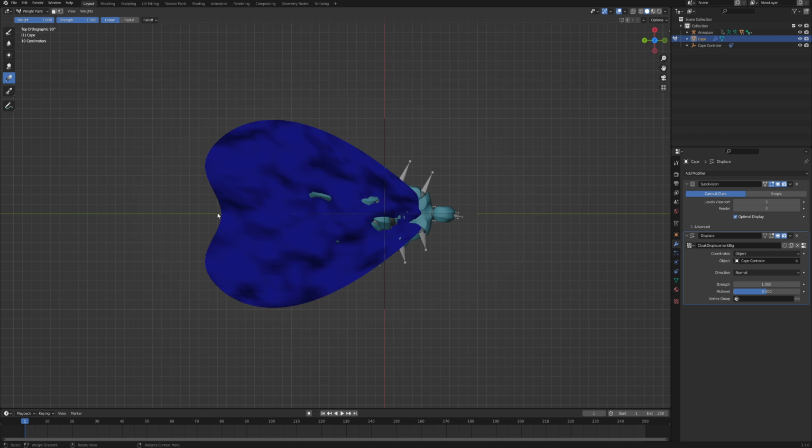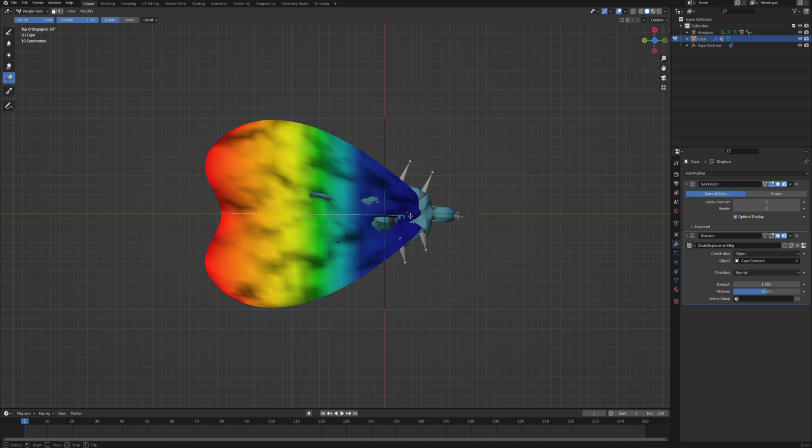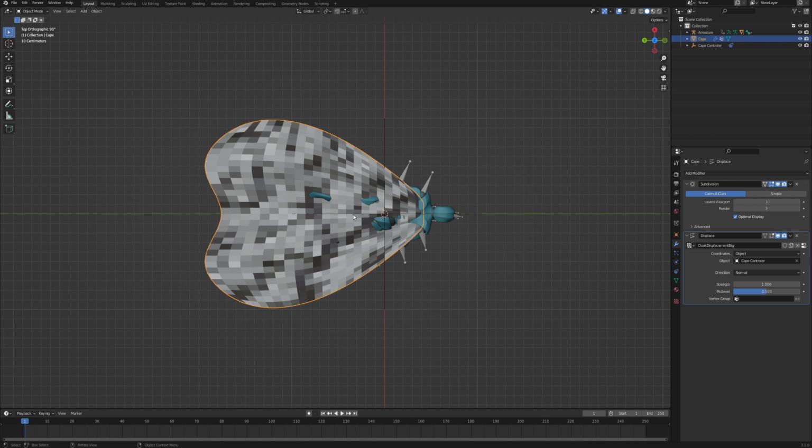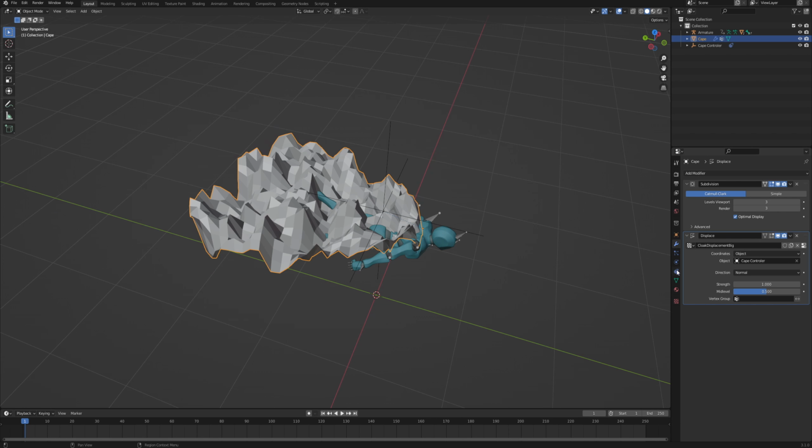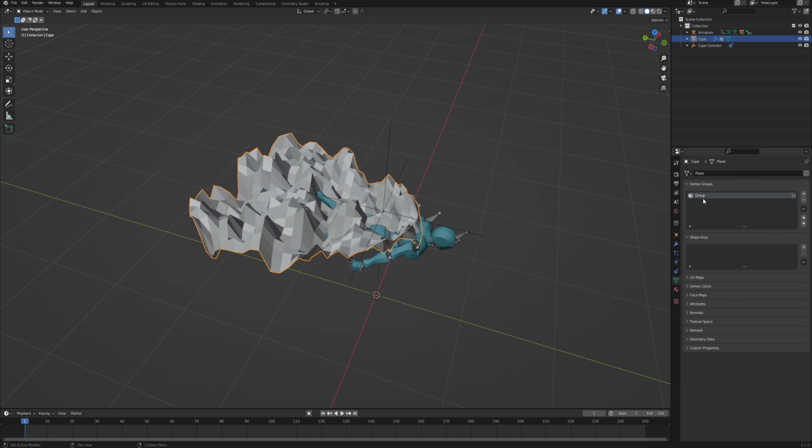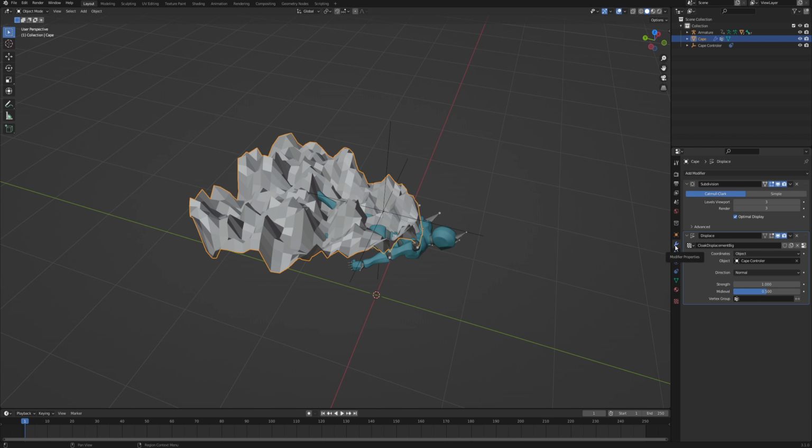Or let's even begin from the end of the cape itself. So just to make sure that all the vertices in the back are in red, and then as we go further, let's make the gradient fade something like this. And now we can go back into object mode, because what we just did is we created a vertex group named group. Let's rename it as well to cape displacement. And then in the modifier stack, in the displace modifier, the vertex group that we want to be affected by this displace is the one that we just created.